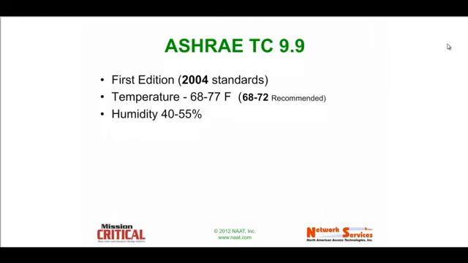this airflow standard, our environment in our data center, our proverbial mission-critical data center, was first defined tightly by the ASHRAE TC 9.9 committee and released as a 2004 standard. It's basically the Bible of the industry, and we'd like to keep our data centers at the nice recommended temperature, 68 to 72 is our preferred area of operation, with nice tight humidity parameters in the 40 to 55% range. We'd like to keep it really tight at a nice 50%, so-called perfect humidity, and control the variations